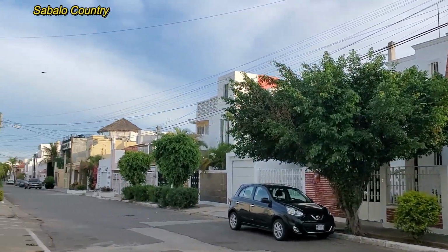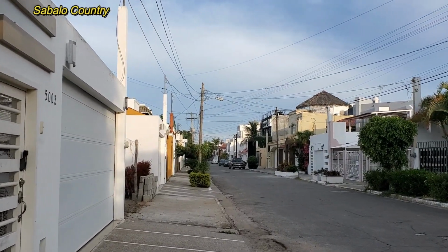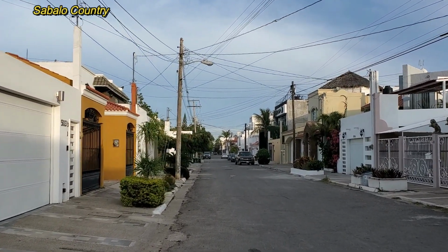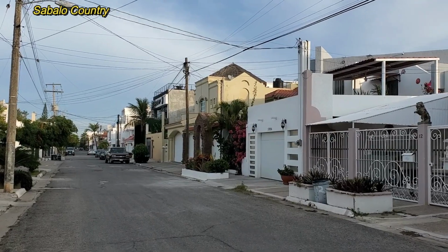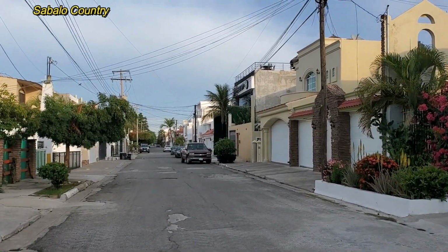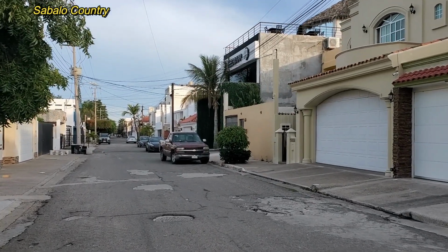As we head down farther into the neighborhood, we're heading out towards the church and towards the park. Again, a mix of older, more traditional Mexican homes, and you'll start seeing newer construction pop up. As a matter of fact,